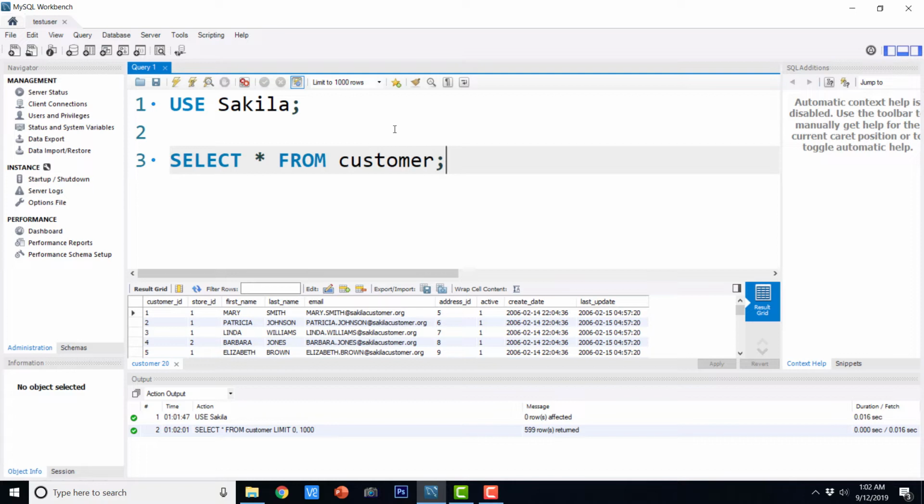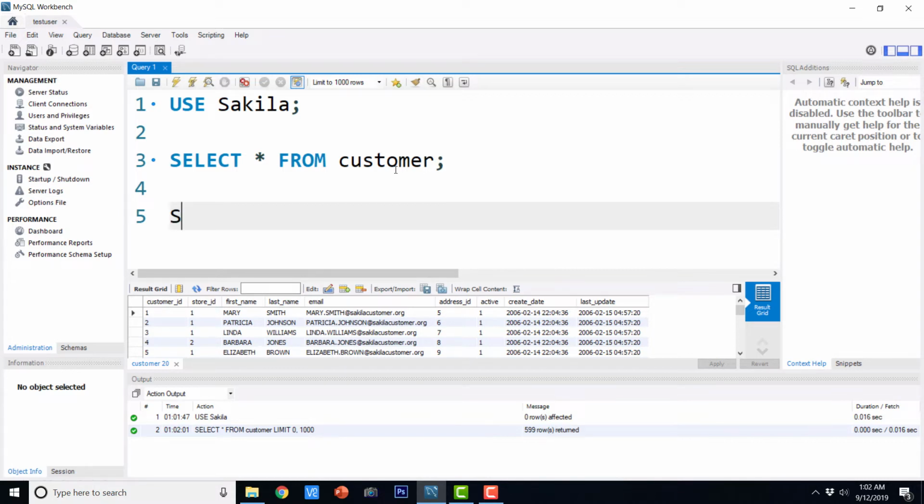Now we are going to check the record where first name equals last name. Okay, so we are going to take the join on this condition and only on customer table. So let us see how we can write the query.